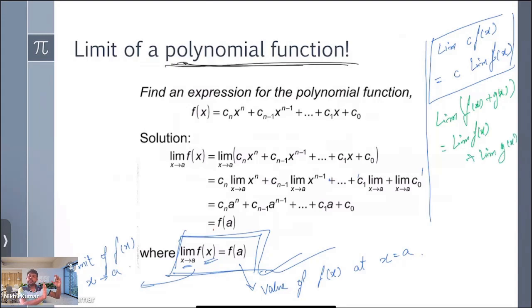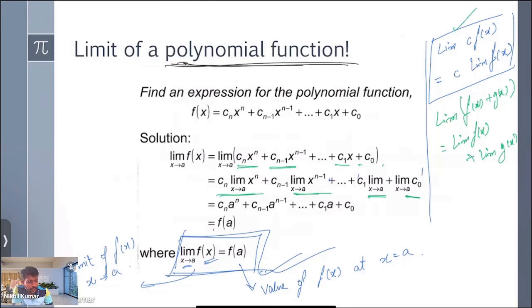Now if there are n number of functions being added, we just split it those many times. So if we have limit of f(x) plus g(x) plus h(x), then we split it as limit f(x) plus limit g(x) plus limit h(x) and so on. So that is what we did here. We split it those many times, see,